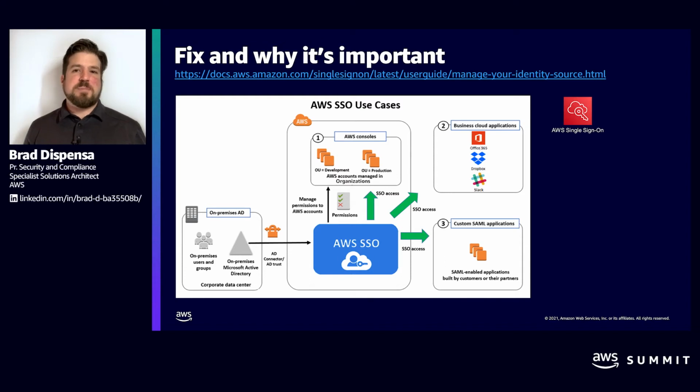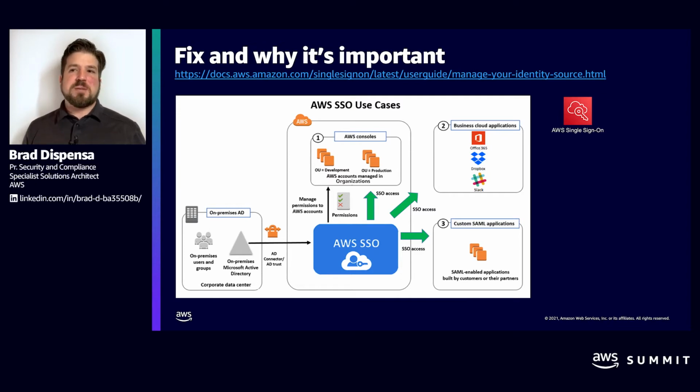So this is an example using AWS SSO for that identity federation. If you're in a situation where you need to use an on-prem Active Directory and you want to use single sign-on but don't want to go through the hassle of configuring the SAML environment inside of AWS, AWS SSO makes that really simple.